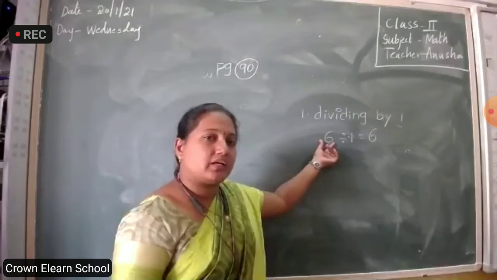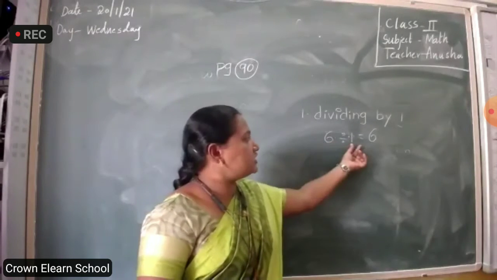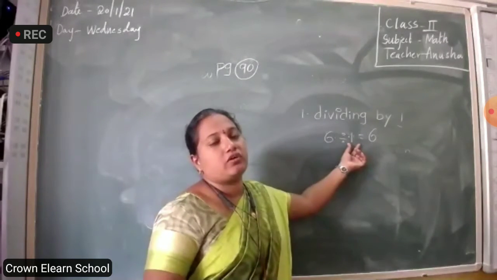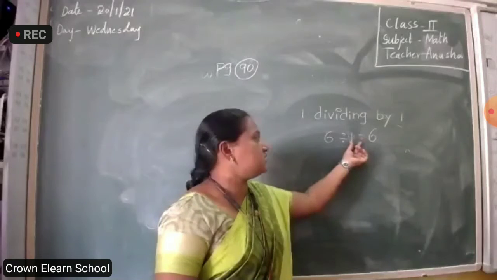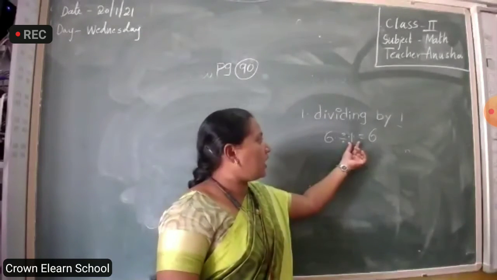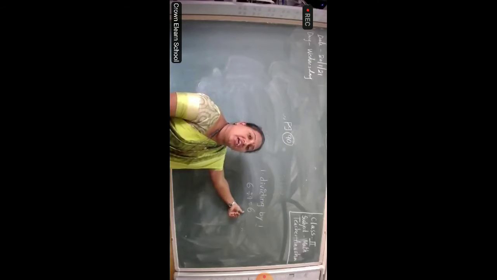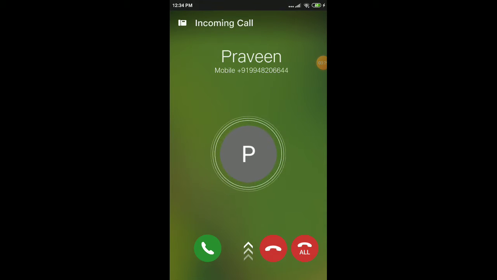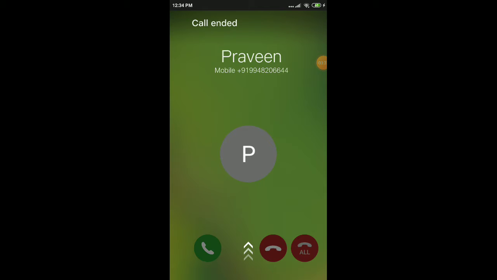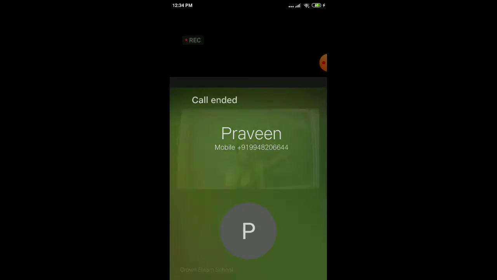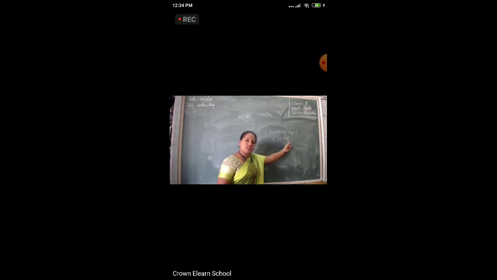One thing you have to analyze like this. This is your mother's house. This is you, your brother, your sister. This is you. And this is your share. How much will you get? This is your chocolate. You are only 1. To whom will she give? 6 chocolates she will give to you only. So what is your share? 6 only. 6 divided by 1 is equal to 6.